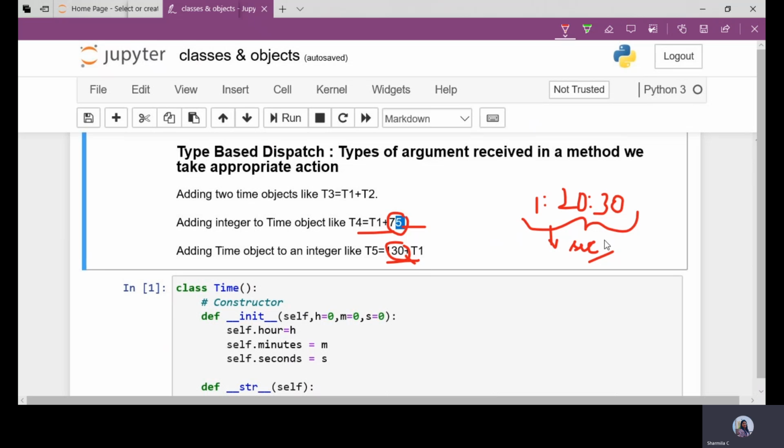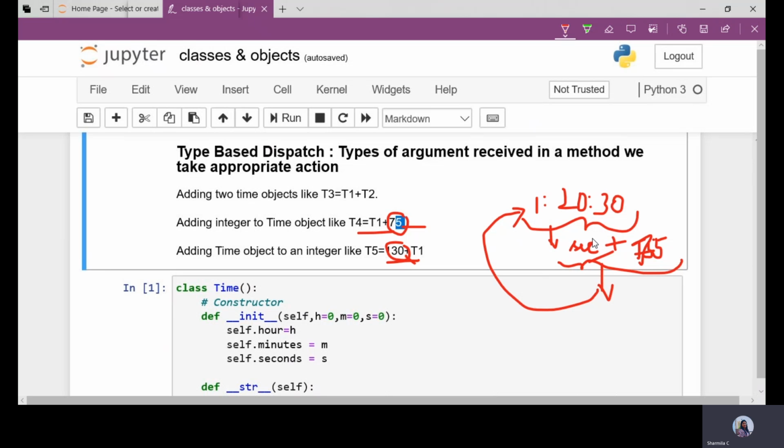After adding that integer value, we'll finally take the complete seconds and convert it again to the form of time, in hours, minutes and seconds.